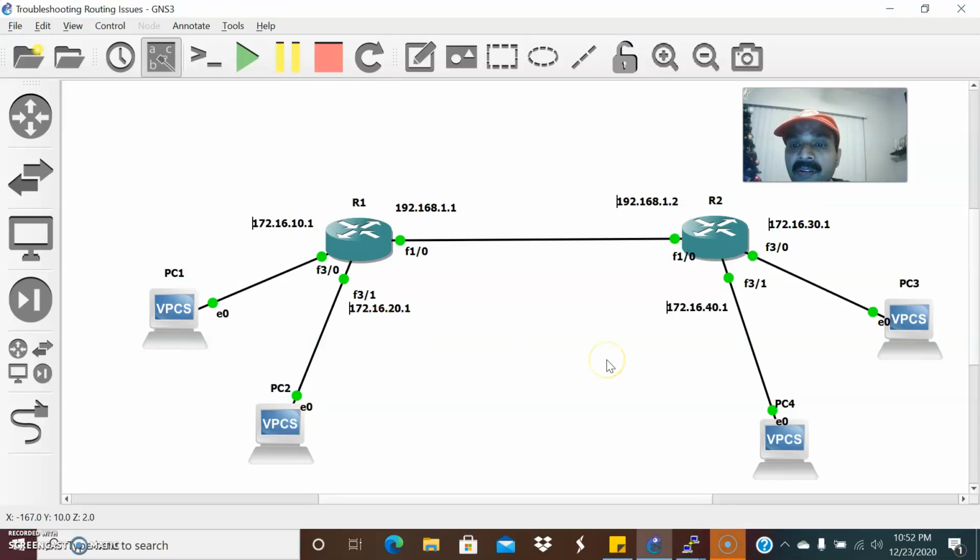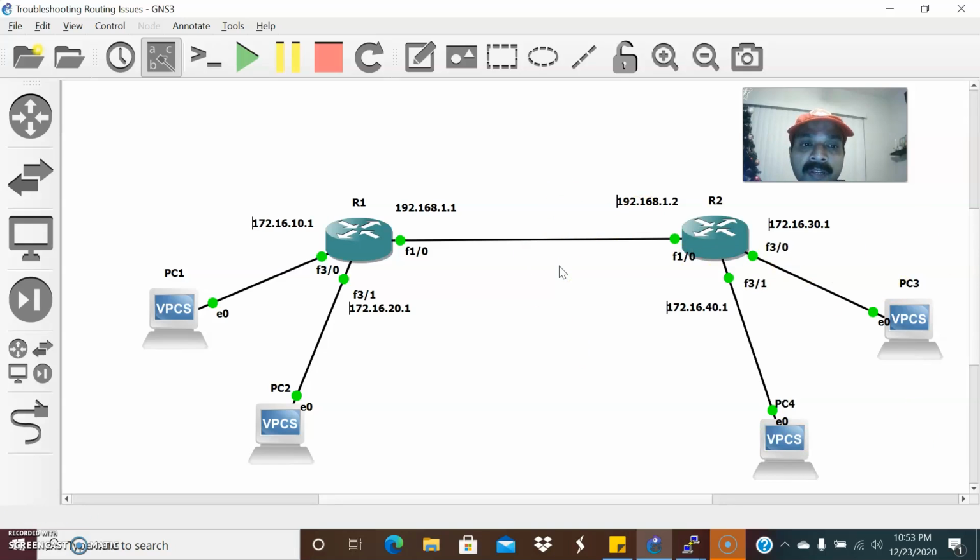So there may be several reasons for this routing issue. It can be either a static or a dynamic routing issue. So first and foremost, we have to check the directly connected interfaces, and also we have to check the corresponding access list. Sometimes the access list will be blocking R1 from reaching the remote subnet, right? So that is the main thing you always have to check. In this case, I had denied 192.168.1.2. That is the reason R1 was not able to reach R2 and the corresponding remote subnet. So I have fixed that issue.